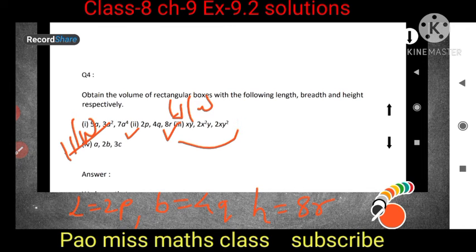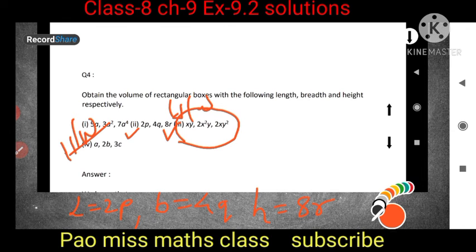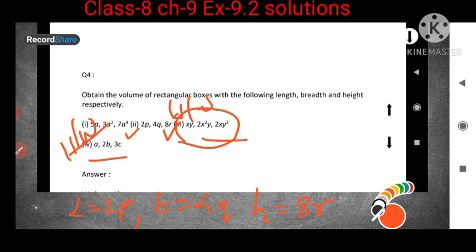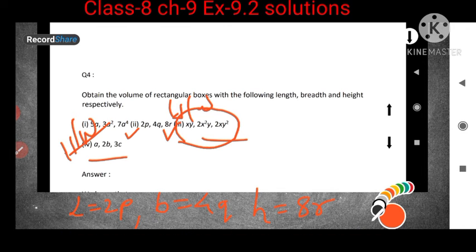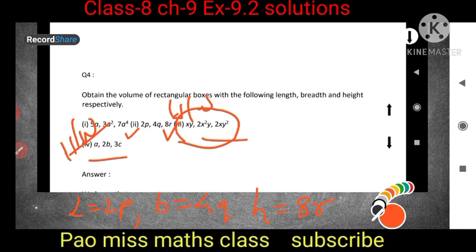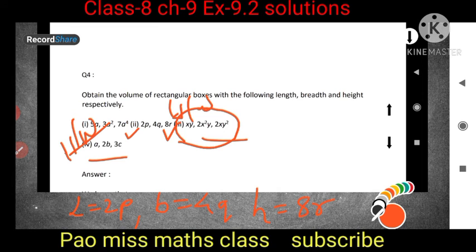So here what you have to do is multiply all the numbers together, and multiply the same variables together. Okay, xx you will multiply together and yy you will multiply together. And here abc is there, isn't it? So there are 3 different variables, so in the answer also 3 different variables will remain and the numbers will get multiplied. So 2 and 3 will get multiplied, 6abc, like that the answer will be. So these remaining 2 questions I will keep as homework. Any doubt you can ask me, you can comment below in the video.